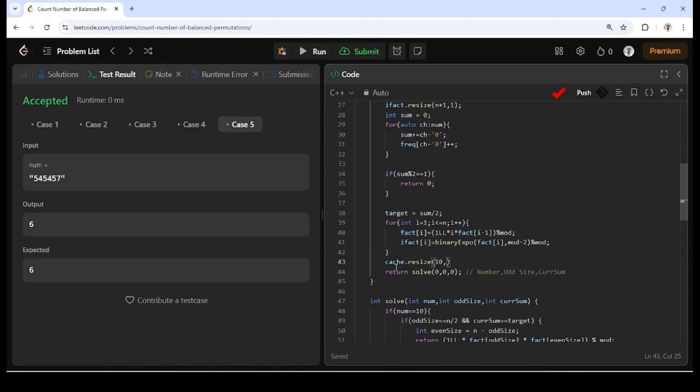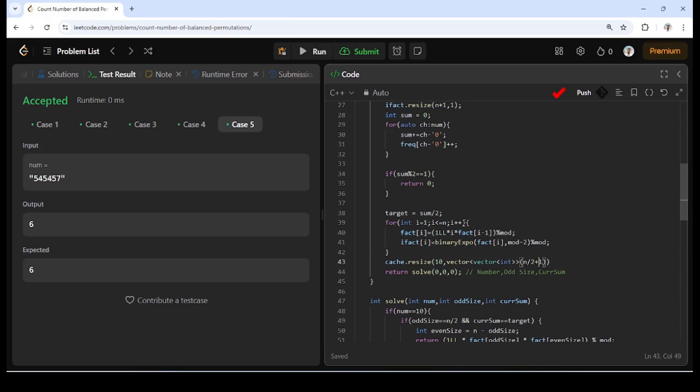So 10 vector of int. All right. This is odd size, so it's varying from 0 till n by 2, right? 0 till n by 2. So I will take n by 2 plus 1,